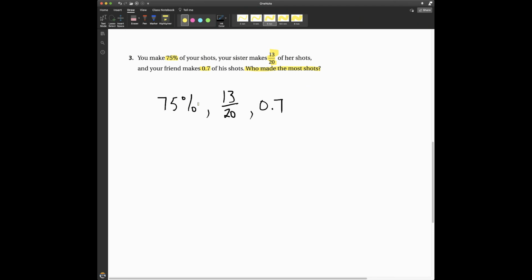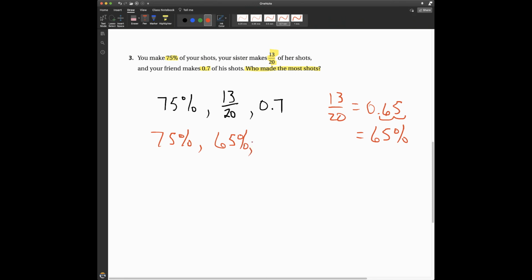So 75% is already done. I don't have to do anything. That's 75%. 13 over 20, if I put that in my calculator, 13 divided by 20, I get 0.65, which I know is 65%. How do I know that? Because I moved my decimal 2 places to the right. So that's 65%. And then for 0.7,